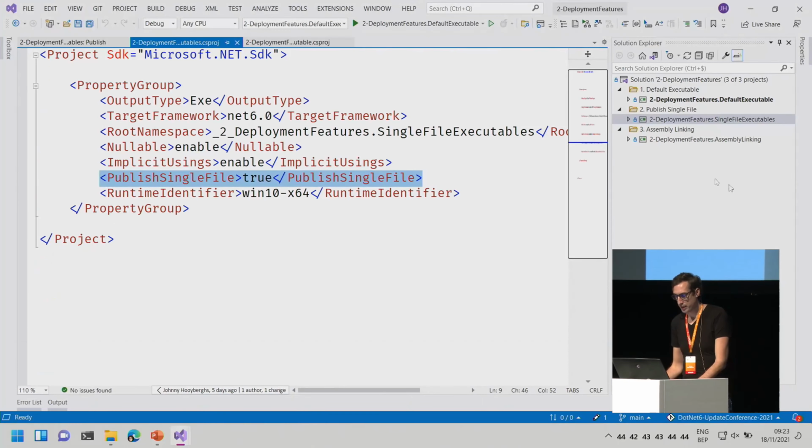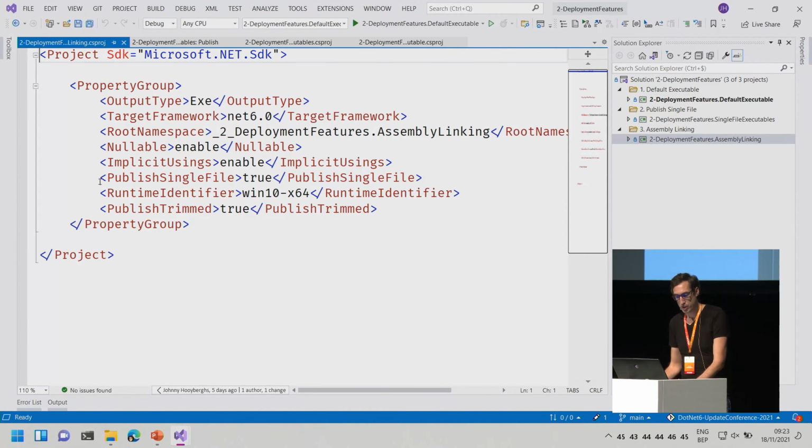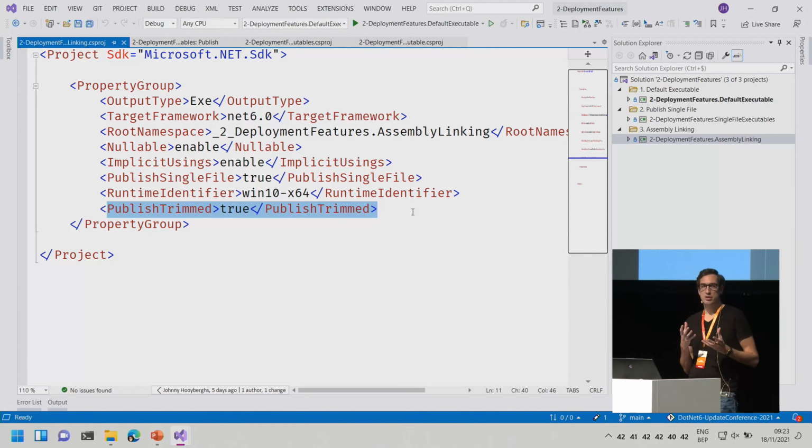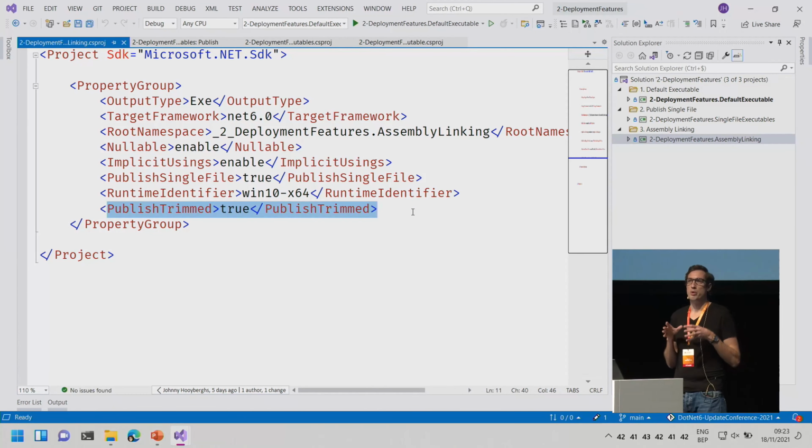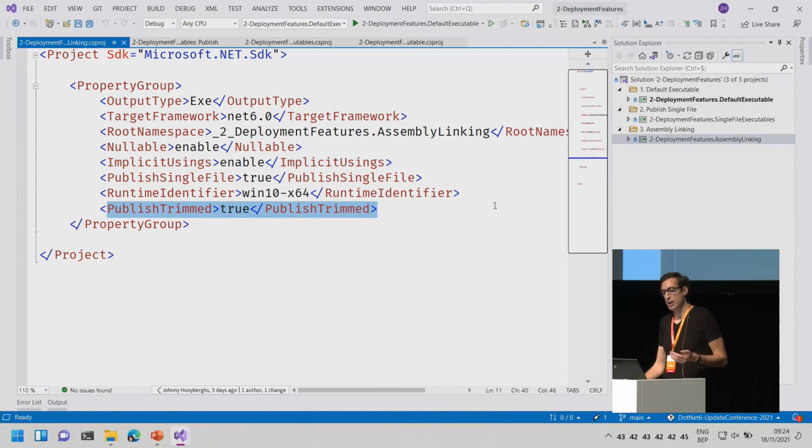Now, one more thing that you can add is publish trimmed equals true. So here the compiler tries to be smart, and it will remove all the parts of the base class library that you are not using, or at least as much as possible. Of course, it's very difficult to do that, but it will try to make that size a little bit smaller.